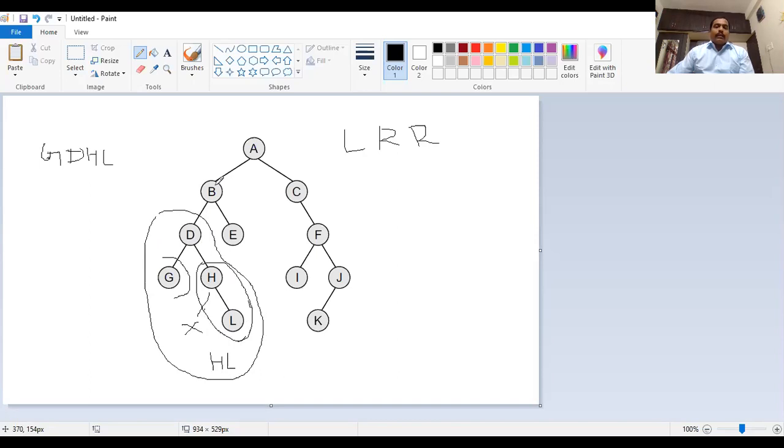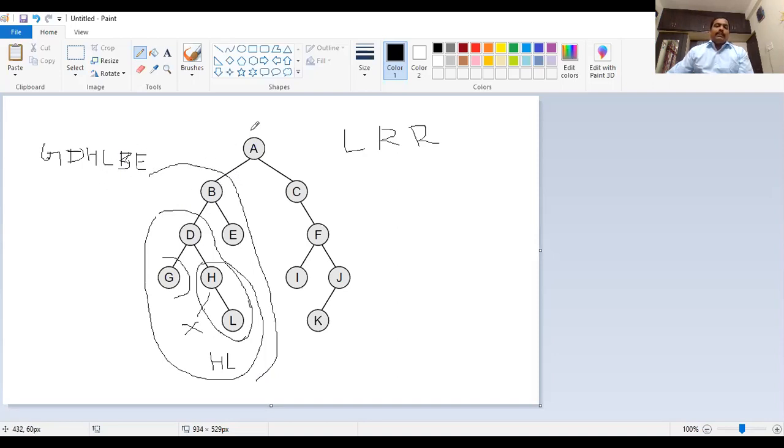For this node, the left side is over. Now we will go for the root. What is the root? B. So now we go with B. What is the answer next? We can visit the root node. B is over. When we compare this portion, this is the left side, this is the root, this is the right side. Left side is over, root is over. Now we are visiting E, which is the right child node. So till this entire portion, we are getting this answer.